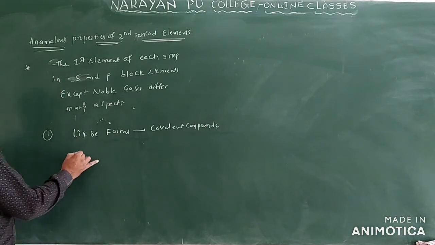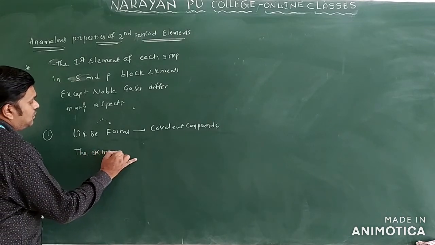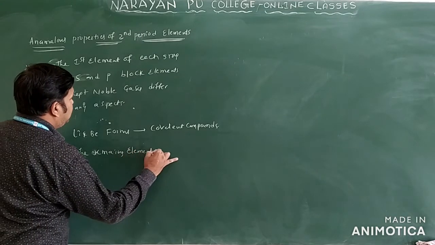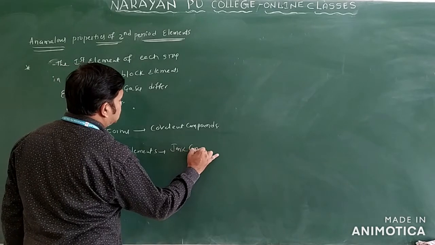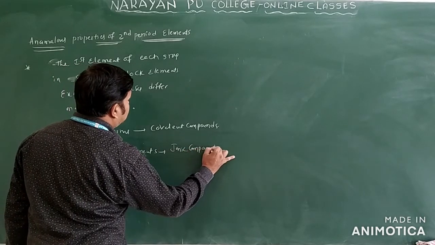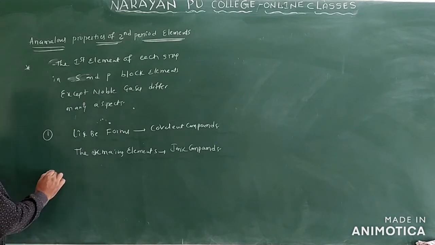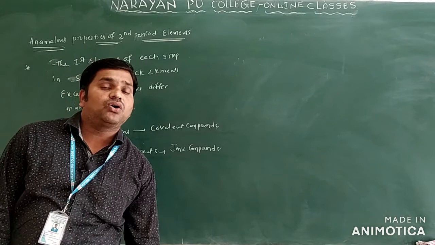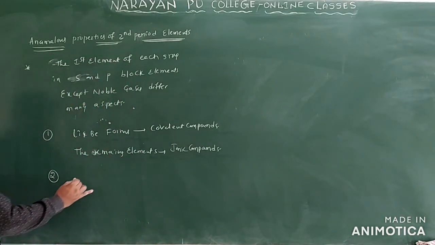The remaining elements in the group can form ionic compounds only. This is one of the exceptional cases we will take. And second, we will discuss the boron family. We are discussing covalency only. So, third group elements,